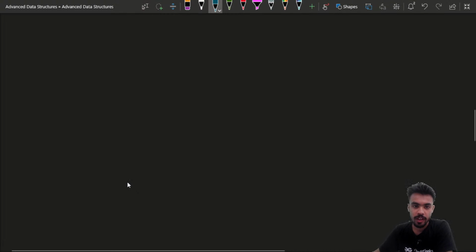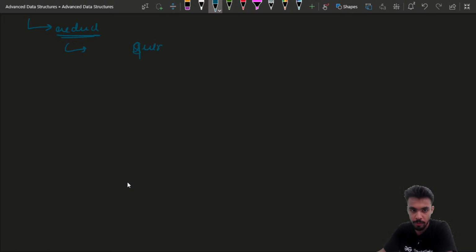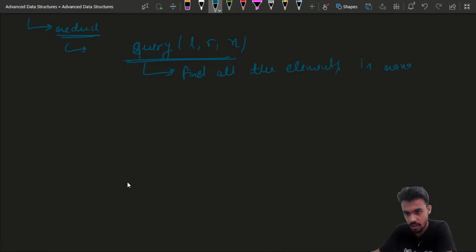So for that, now let us reduce our problem to finding just, like at any point, suppose my problem is just reduced to query L to R and X. So this query means we have to find all the elements in range L to R